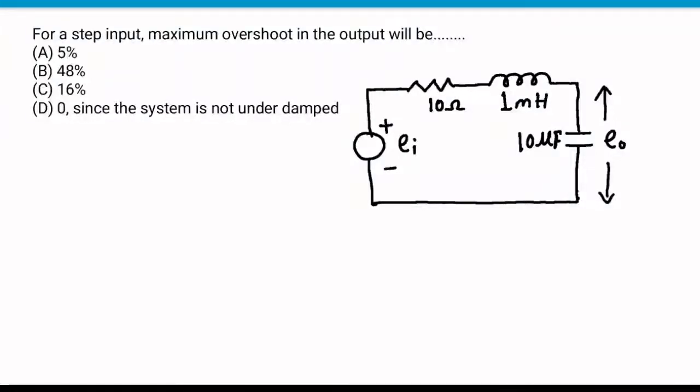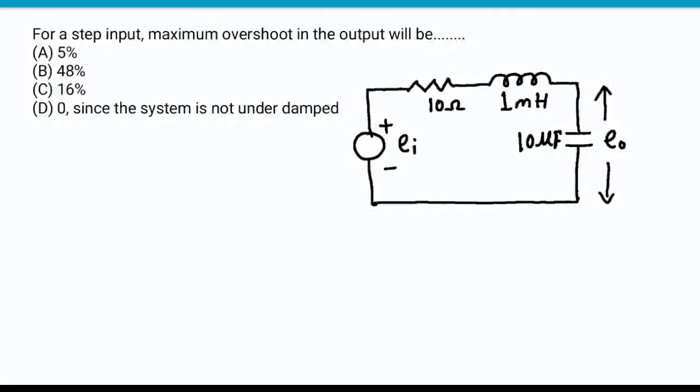Welcome to question bank. Today's question is, for a step input maximum overshoot in the output will be dash, and here is the circuit given, and we have to find out the maximum overshoot for a step input. This is a RLC series circuit, and for RLC series circuit, suppose the output voltage is across the